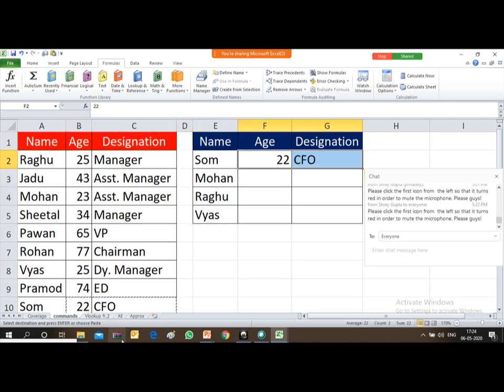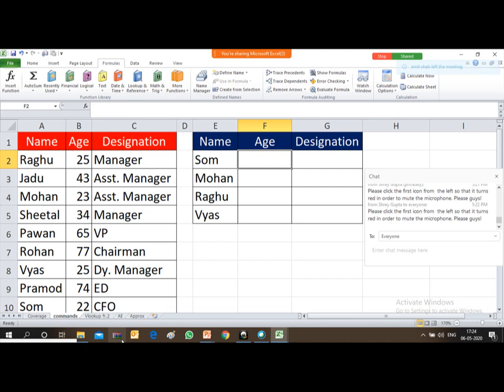In this way I can do it manually, but friends, it will take lots of your time, and it will also make you tired if you are handling a large amount of data. So under these circumstances, VLOOKUP is a very good option available for you. So let's use VLOOKUP. How is the VLOOKUP command used? Let me show you.